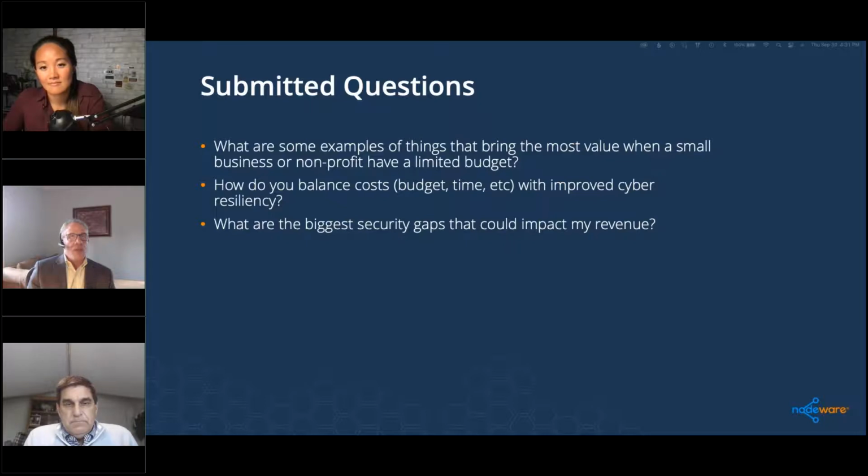So I'll throw out two quick things in terms of gaps. I would say think about data, think about your business processes, and think about some of the risks and what would happen with a particular event. Like if that data got out, what would that mean from a reputation standpoint, cost of a breach, et cetera. The other thing is, I think there's a huge gap that exists with cyber resiliency and backups,